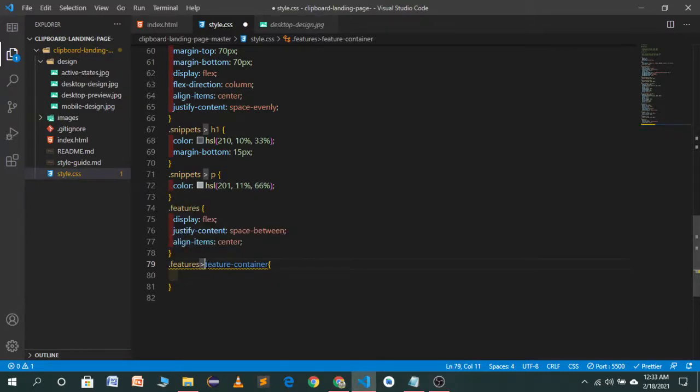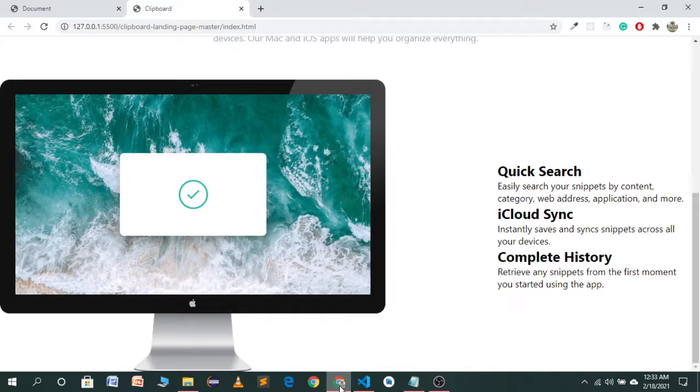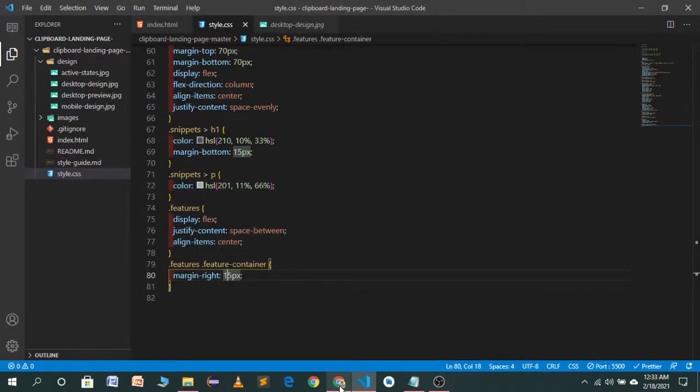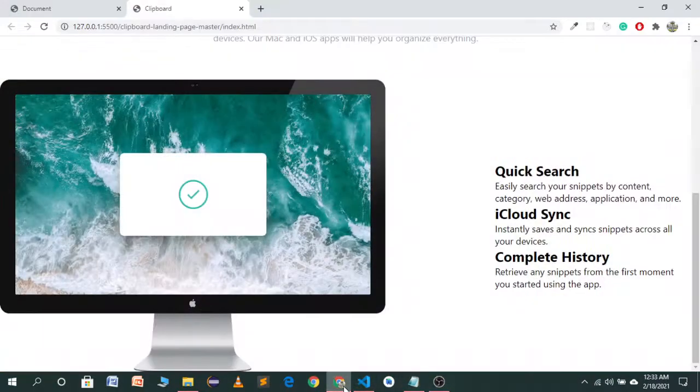We have to remove this greater than sign and use a dot. We will use a margin-right of, I think, 15 pixel. Let's try 15 pixel. Maybe let's try 20 pixel. I think it will look good. Now it's looking good.